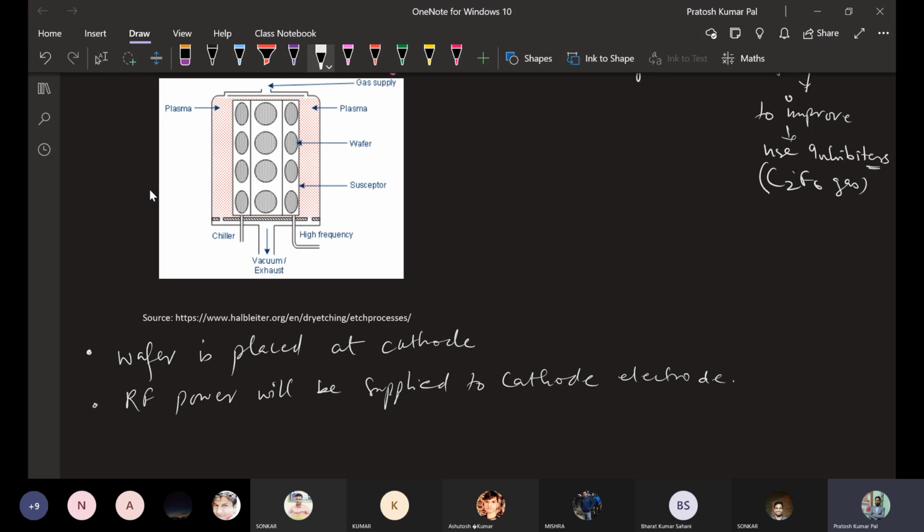That cathode is a hexagonal structure, that is, this type of structure is there on the cathode. Okay, so on that there are different places made for the wafer. So at a time, instead of a single wafer, we can process different wafers at the same time. Okay,